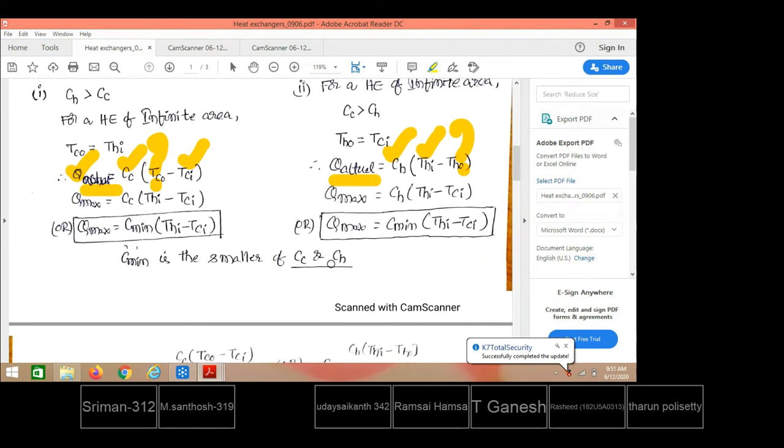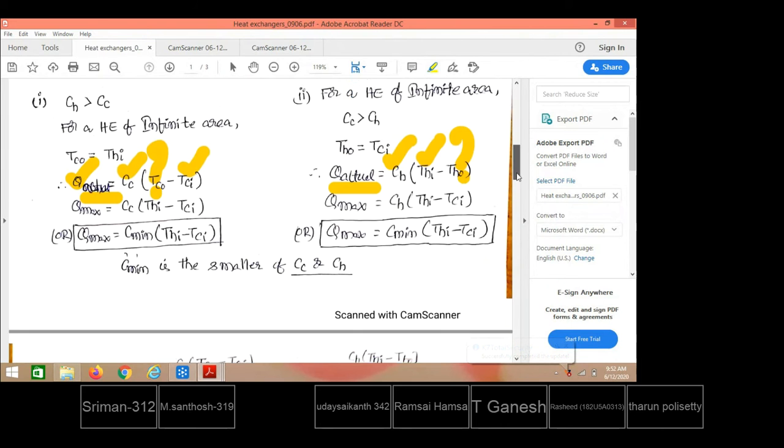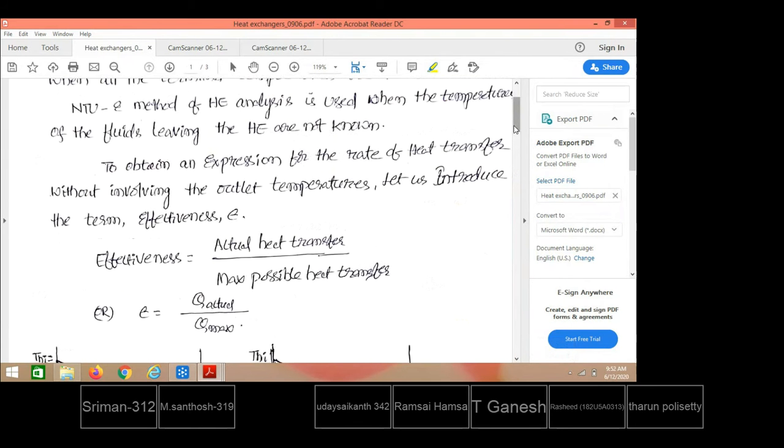This is considered to be the simulation of a heat exchanger also. So design is different, simulation is different. Design means, from all the known conditions, what is the size of the heat exchanger required? That comes under design. When you have the heat exchanger available, when you have put it into operation, when we have used it in the actual practical case, what may be the final temperature we can get for the cold fluid as well as for the hot fluid? That will come under simulation. So this NTU epsilon method is used for simulation of heat exchangers.